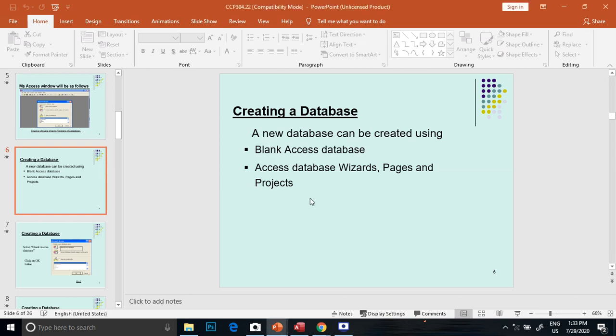Creating a database. A new database can be created using a blank Access database, Access database wizards, pages and projects.